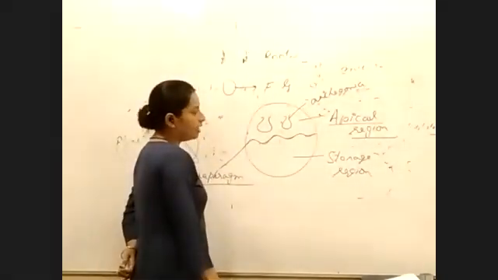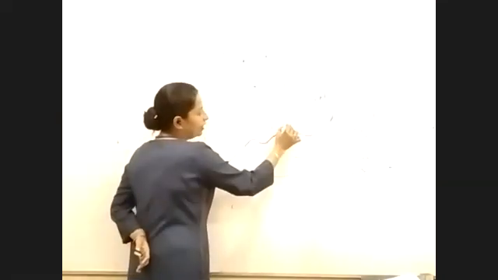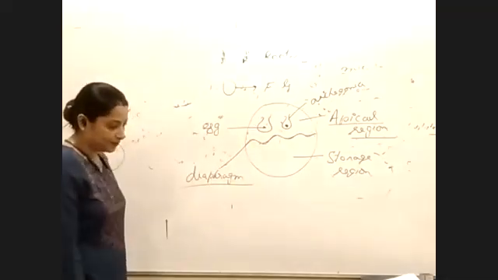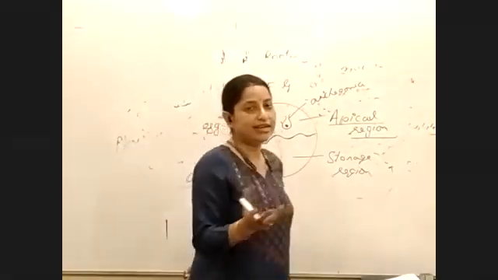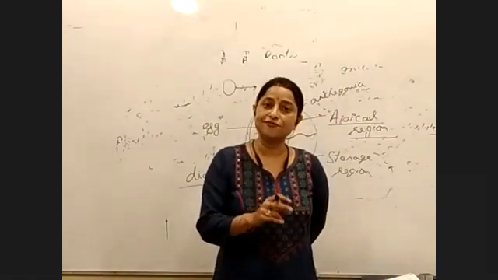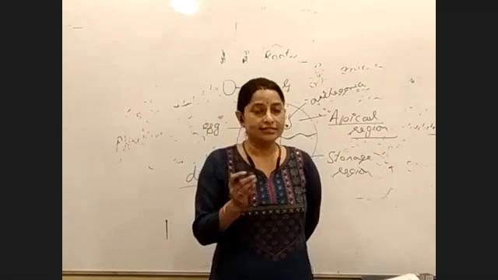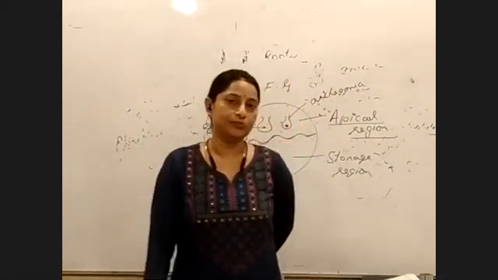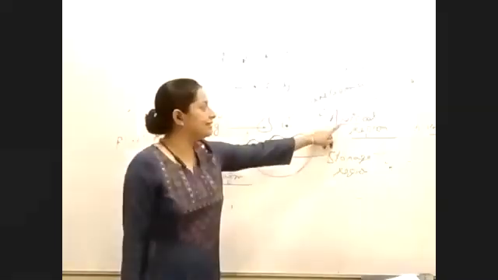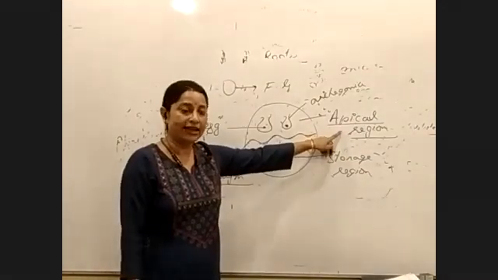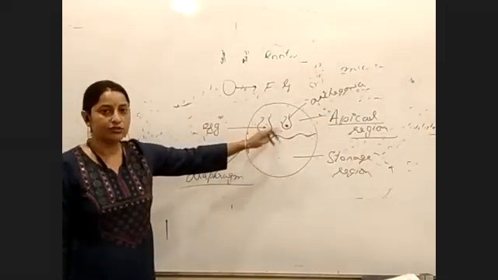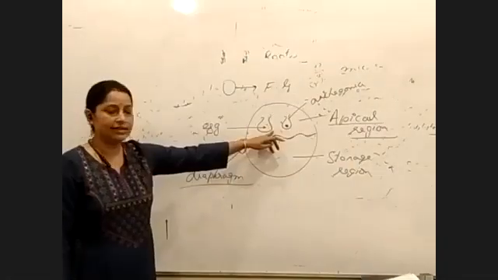Next point. In the archegonia, the most important thing is obviously the egg. After fertilization, the male gamete fuses with the female gamete to form the zygote. The question is, where will the zygote be formed? The zygote will be formed in the apical cushion area, the apical region. Is the point clear?